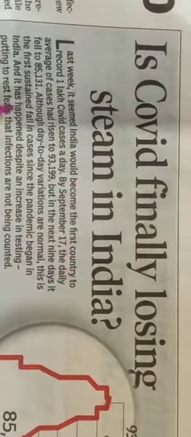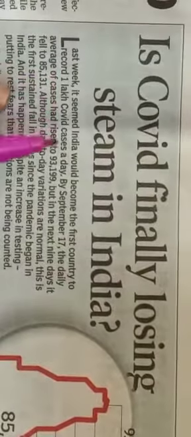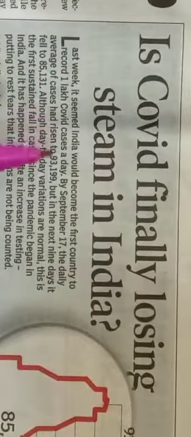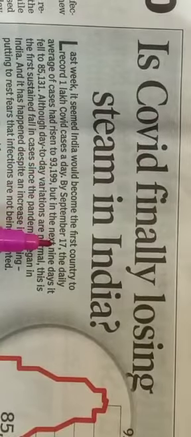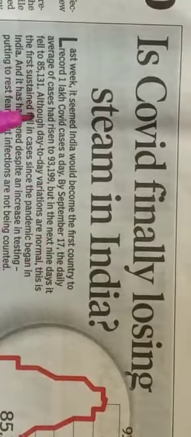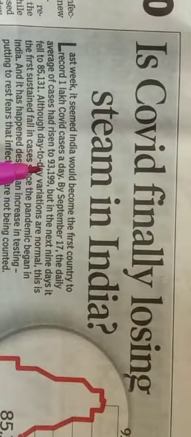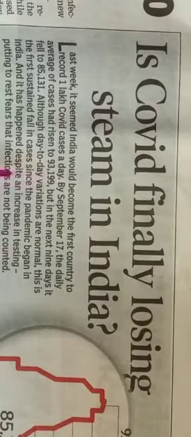Now see this report. Is COVID finally losing steam in India? It's given last week. It seemed India would become the first country to record 1 lakh COVID cases a day. By September 17, the daily average of cases had risen to 93,199. Now see here, they have given state-wise also, and how foreign countries are doing.